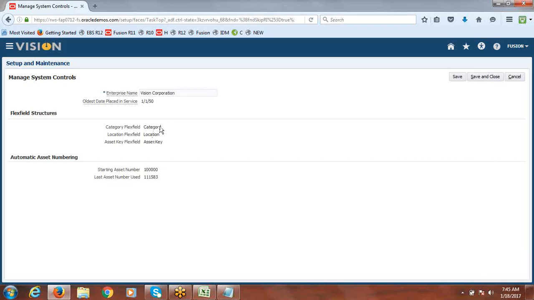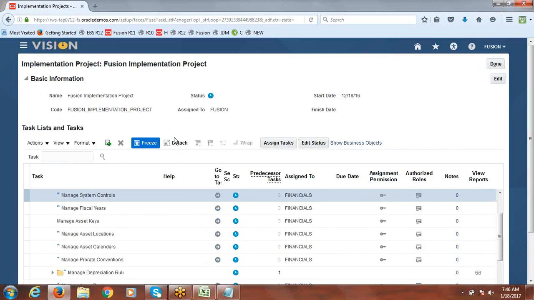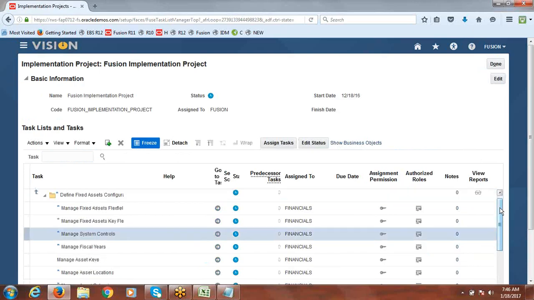I hope the structure name also remains the same. The starting asset number, everything they gave. This is a one time setup. We cannot do it for each BU or every country. Even if you are using this instance for multiple countries, this is a one time setup you have to complete. So this is the point. Anyway, we'll go through how they created it. Apart from that, there is no option. Even if you go and create, no use, right?